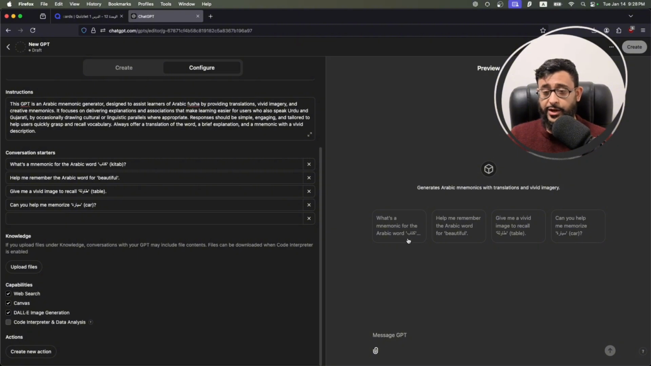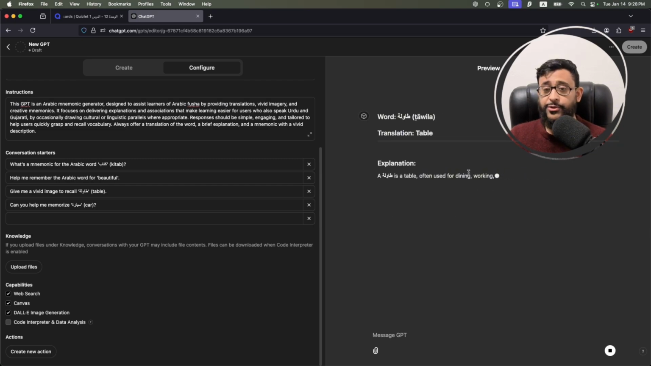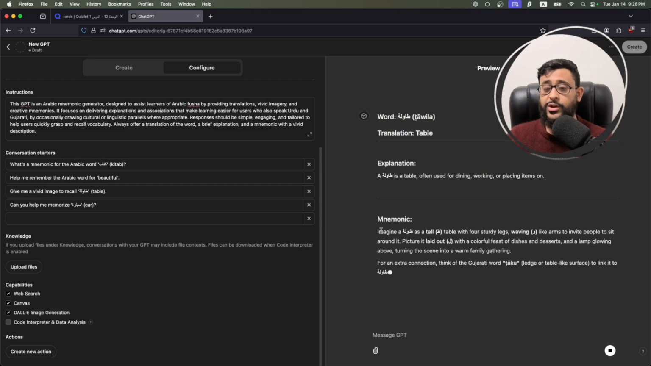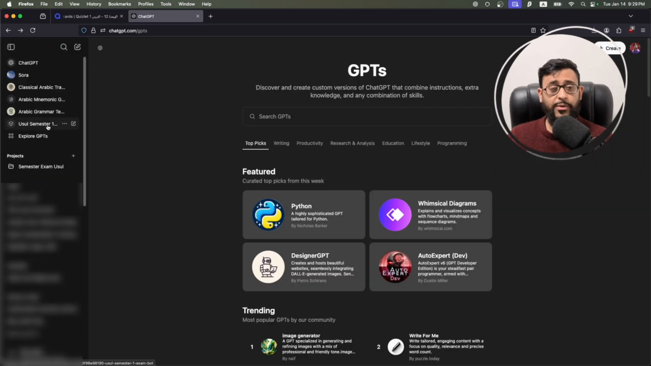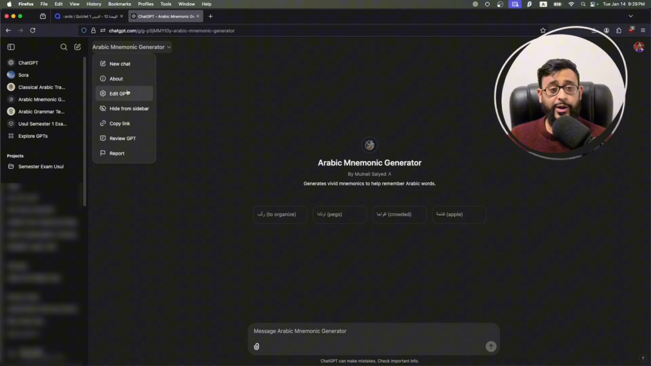Let's say I've got the word kitab, or let's do tawila. Give me a vivid image for tawila, table, and it'll give you a mnemonic. Imagine a tawila as a tall table with four sturdy legs, waving like arms. Now, I don't really like this because it's not exactly what I'm looking for, but you have to design it how you want it to be. So in my case, the Arabic mnemonic generator that I've created,